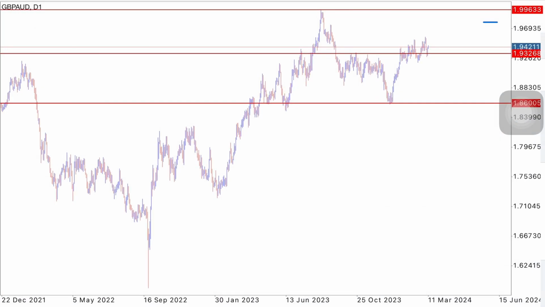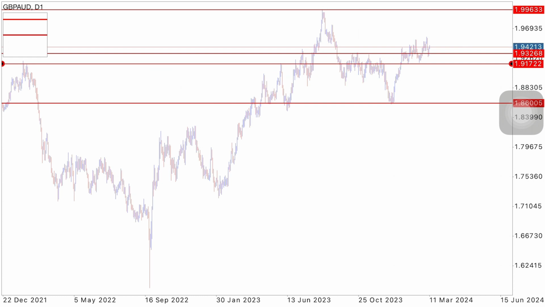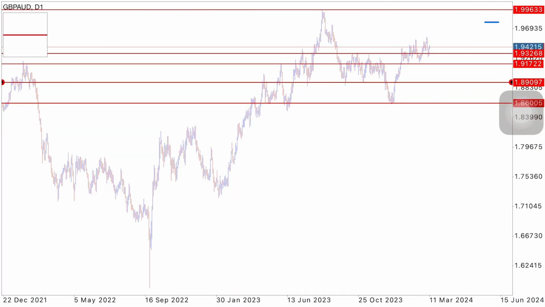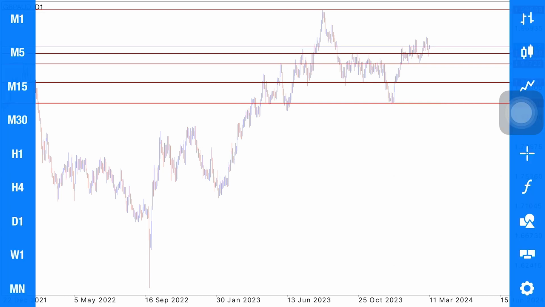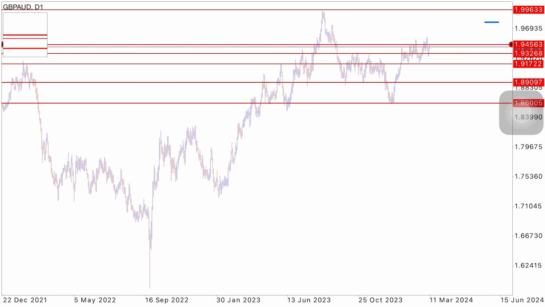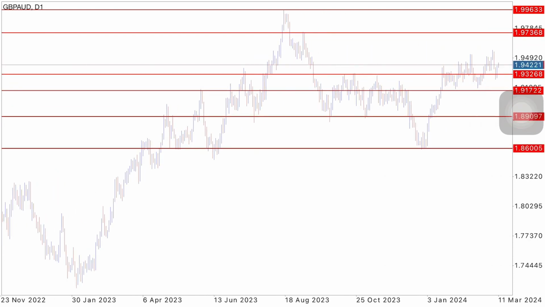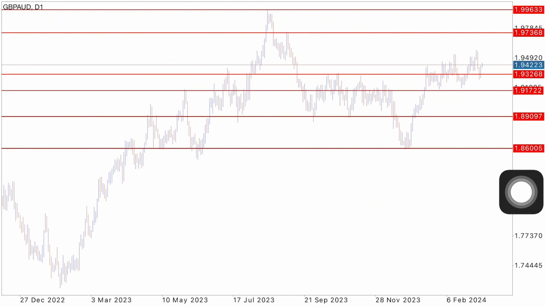and levels such as these ones here, levels such as these ones here too. Okay, so we can see that we have these types of levels. Let me also include this one so we can anticipate for it, this level here. So we have these levels where the market played, and since the market played on these levels, we can tell that we are